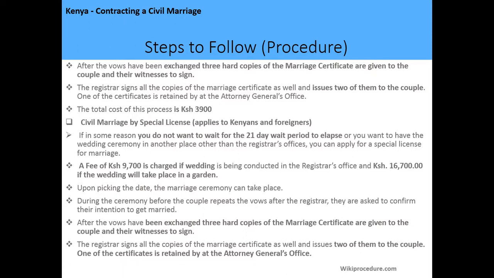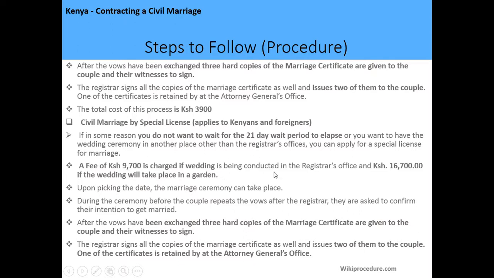Another option, if you want to enter into the civil marriage by special license, and this applies to Kenyans and foreigners. So one way is, if for some reason you don't want to wait for the 21-day period to elapse, and you want to have your wedding ceremony in another place other than the registrar's office, you can apply for a special license for marriage. So a fee of 9,700 is charged